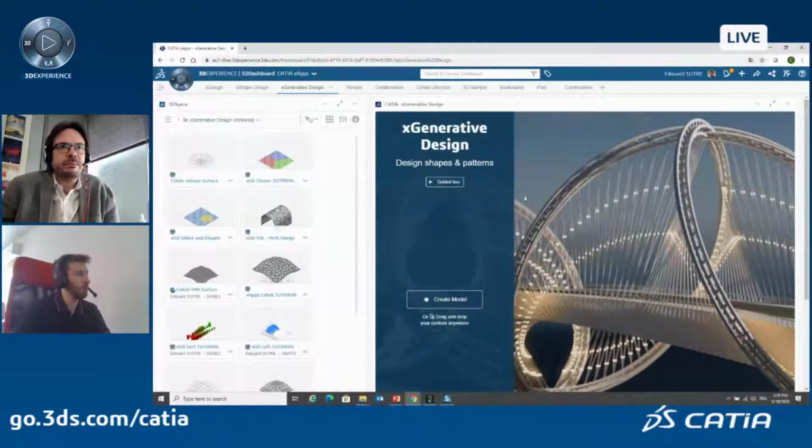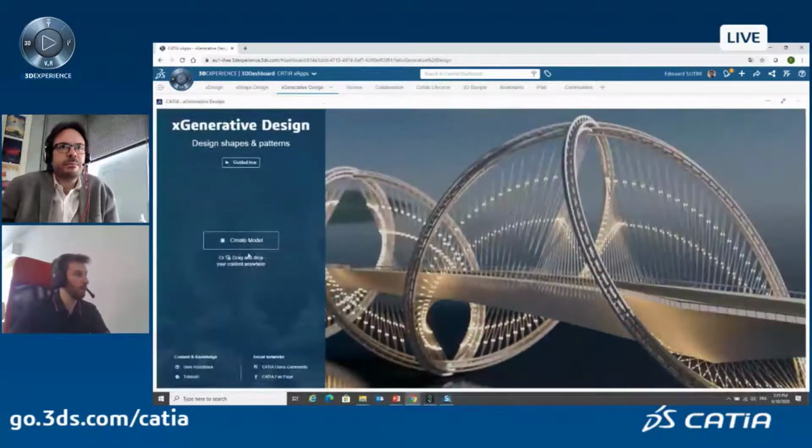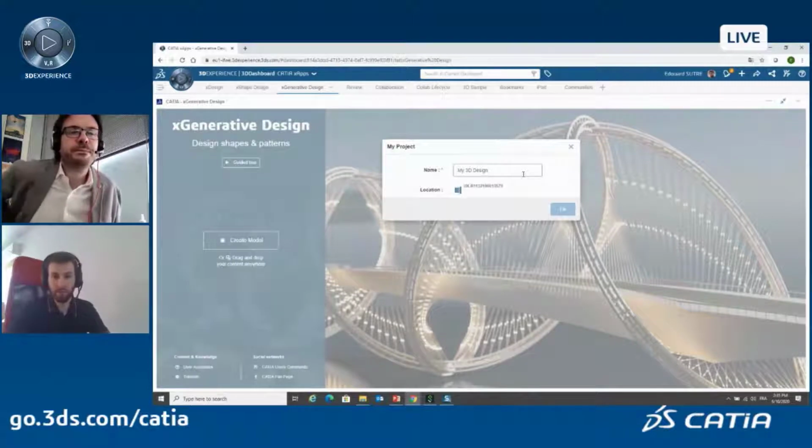For example, I can see I have the 3D space widget on the left side here, and I can, for example, just drag and drop models into my CATIA Generative Design widget, or I can simply start from scratch. So here, for this short demonstration, in fact, I will try to show you the basics on a really simple